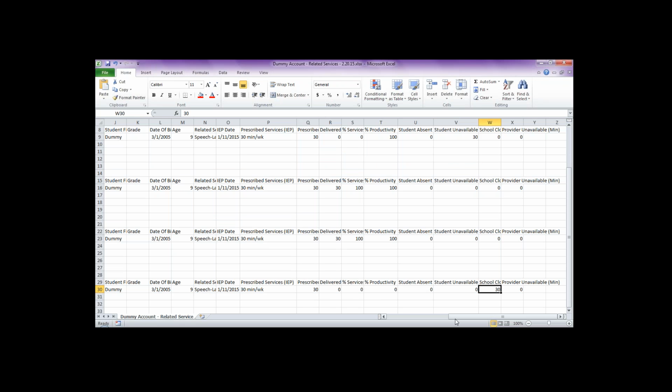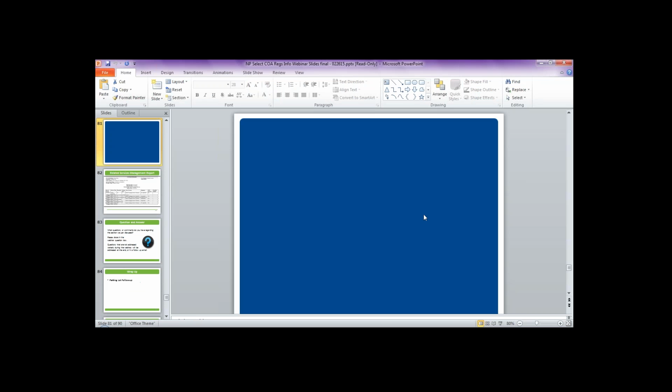So I take this Excel document and I make it a little bit prettier. I take what's listed for each student and I list out all the students and where they attend, and we just use this for our own purposes, to keep track of the numbers. So for this student, dummy student number 2 was prescribed 30 minutes a week of speech-language pathology, prescribed per period. So for the 4-week period, that's